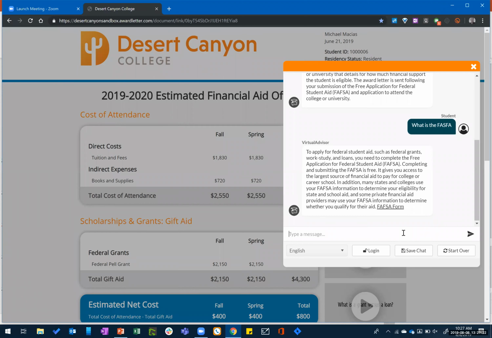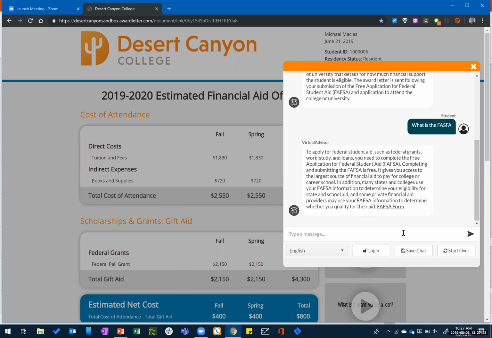What this does is it makes the experience much smoother for a student or parent, because they don't have to ask the exact question, or they don't have to search on the right value if you have FAQs on your website, et cetera. So that's pretty powerful in and of itself.